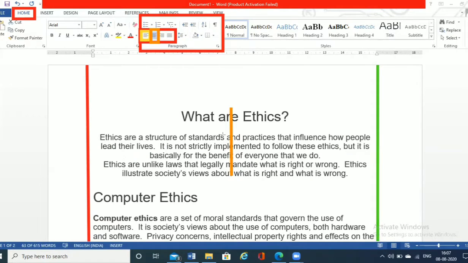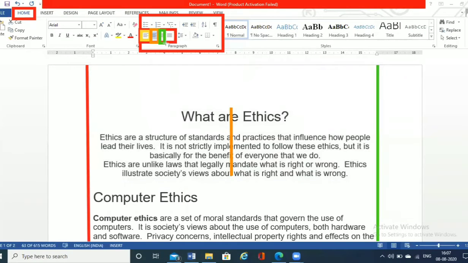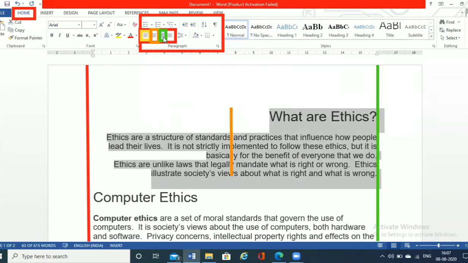First, I'll select the text. Once I have selected the text, I'll choose the right alignment. Here is the right alignment. As soon as I choose it, the text is right aligned. See, now it is aligned towards the right. So this is the right alignment.